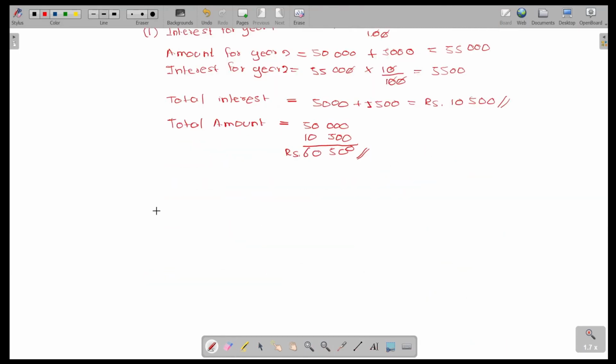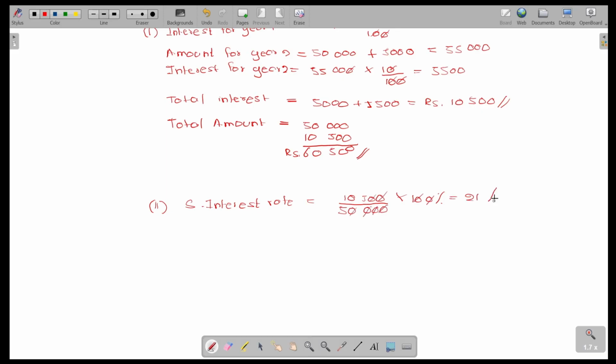So part 2. Simple interest rate. If we deposit 50,000 rupees we get 10,500 as the interest. So for 100 we can find out into 100%. 0 to 0 cancel, this 0 to this 0, this 0 to this 0, and we get